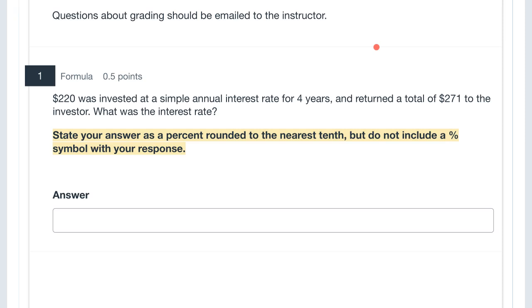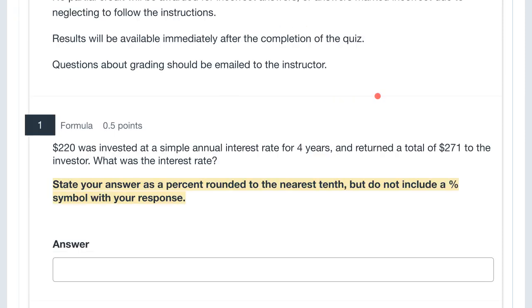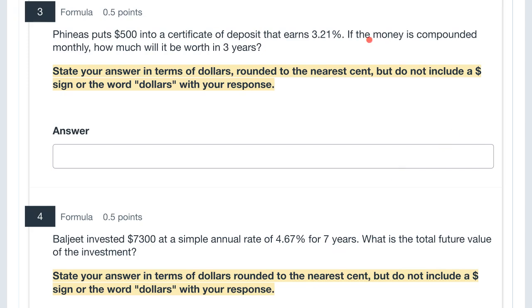Every single one of these is either going to be simple or compound interest. That should be the first thing that you look for when you do these things. Simple or compound. And that'll tell us which formulas to use. This one has the word simple in it. If we go and look at the next page real quick,